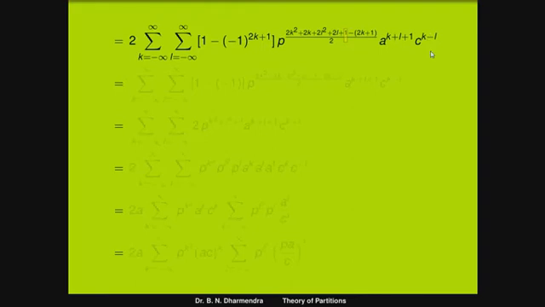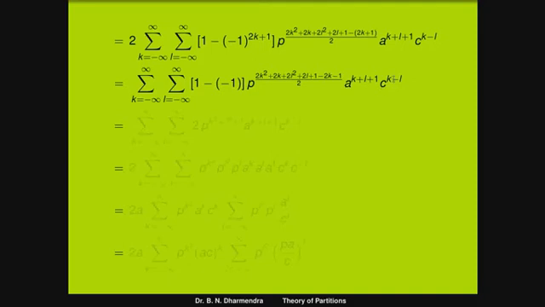So therefore minus 1 to the power of an odd term means minus 1, and that returns the same: k running from minus infinity to plus infinity, l running from minus infinity to plus infinity, of 1 minus of minus 1, that becomes 2, and p to the power of 2k square plus 2l square plus 2l plus 1 minus 2k minus 2l. That gets cancelled, and the remaining term is 2k square, 2l square and 2l, and also the denominator containing 2 gets cancelled, that is k square plus l square plus l only, and here a to the power of k plus l plus 1 into c to the power of k minus l.